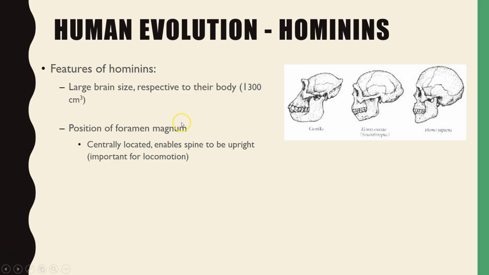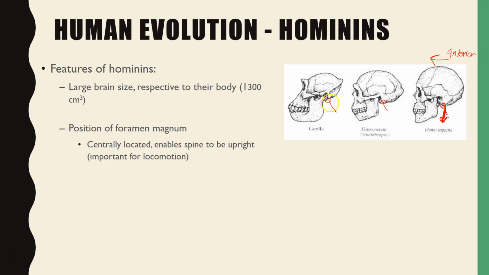The foramen magnum. So the foramen magnum is the hole or the particular region at the base of the skull in which the spinal cord or the spine attaches to the skull. The foramen magnum of a human is located more anterior, or more towards the front of the skull. So with an anterior facing foramen magnum, that means the spine can now be directly down from the skull,